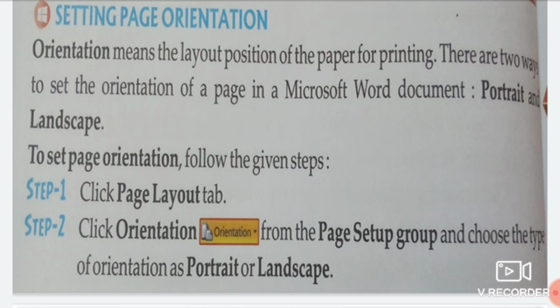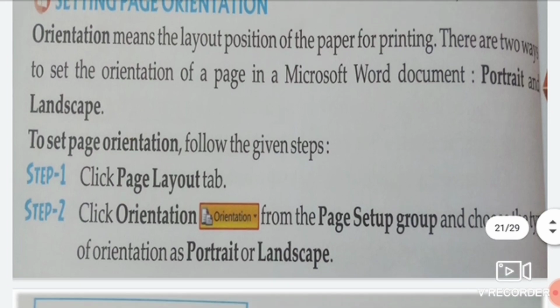Setting page orientation. Orientation means the layout position of the paper for printing. How you want to keep your paper is known as orientation. There are two ways to set the orientation of the page in a Microsoft Word document: portrait and landscape.